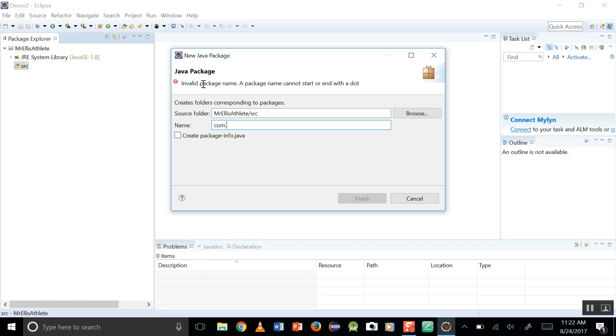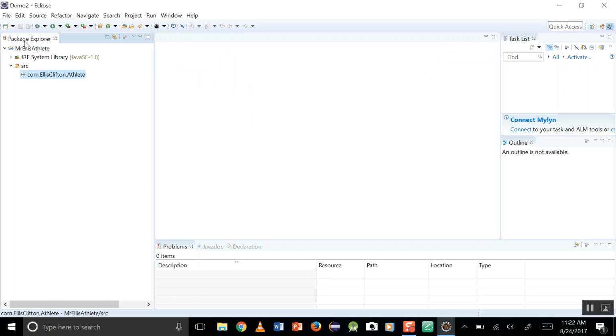com.your last name, Ellis. You can put your first name, Clifton, no spaces, dot, and then the assignment name. And the assignment is athlete. Okay. As long as you have those three nodes, the package is valid. If it starts with com, your name, and then the assignment name, then you'll be all right with me. I'll be able to say this is Fred's assignment because of the naming convention of our packages. I'll click Finish,